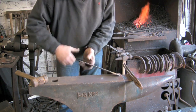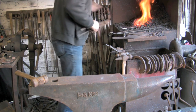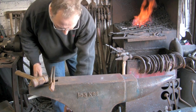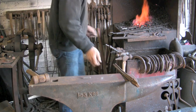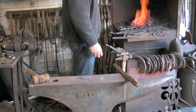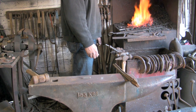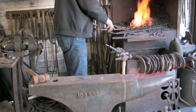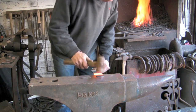I want to try and make a fairly short, sort of stubby one. I think it's going to be a bit unwieldy if it's too long. The rasp is actually, with the tang, about 16 inches long, so we're going to lop a bit off. I think roughly 5 inches, for no other reason than that's the width of the anvil, and I'm going to use that as a guide, so we'll see what happens. So use the anvil, 5 inches,